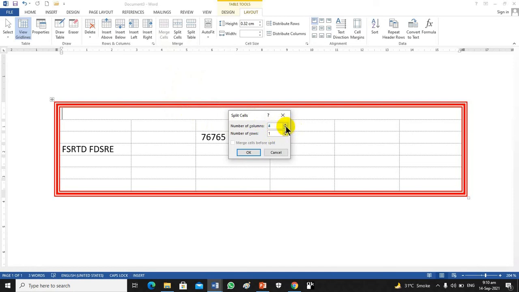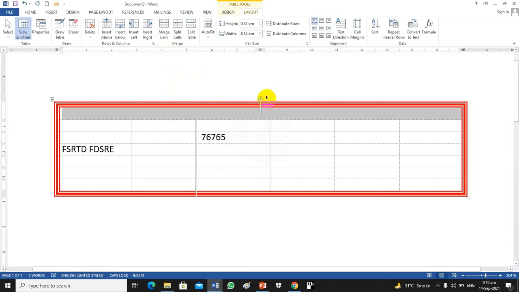Like I am going to add only 2 columns and then I will click on OK. You can see that the cell is split into 2 cells. Is it clear?